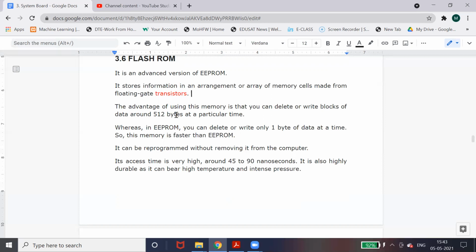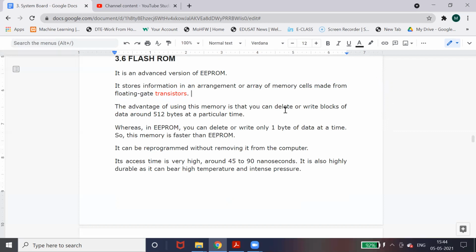Another use is as a switch. If you want to rewrite or switch bits from 0 to 1 or 1 to 0, then we can use the transistor. It will transit from 0 to 1 or 1 to 0 signals. How exactly is your data stored in memory? It is stored in the form of 0 and 1. So there are many floating gate transistors, and with the help of the transistors, you can change this data of 0 and 1.